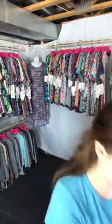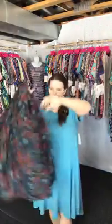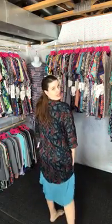Another simple way with another layering piece is a Lindsay. So a Lindsay is going to be much shorter in the back and a little bit less fitted through here, a little bit more loose. And so it's not as long,